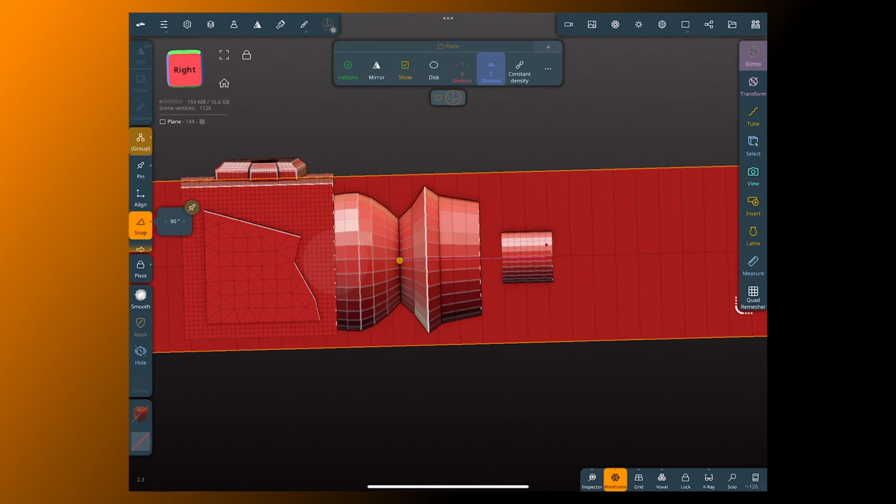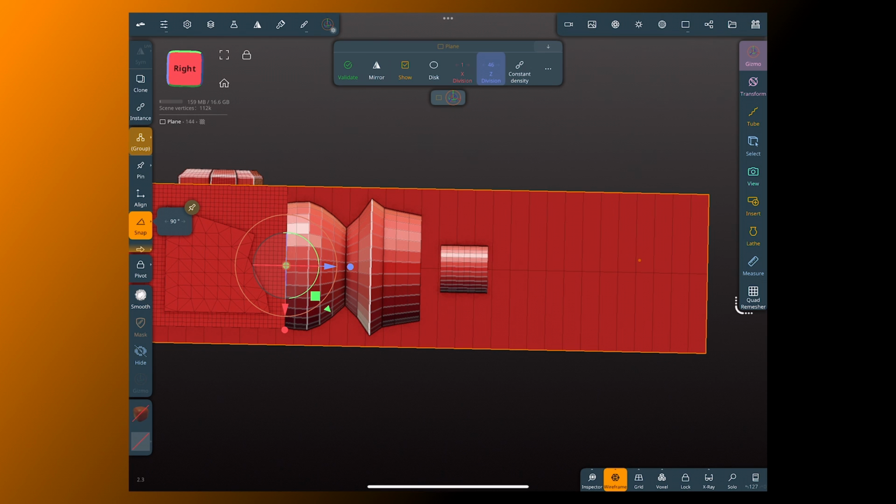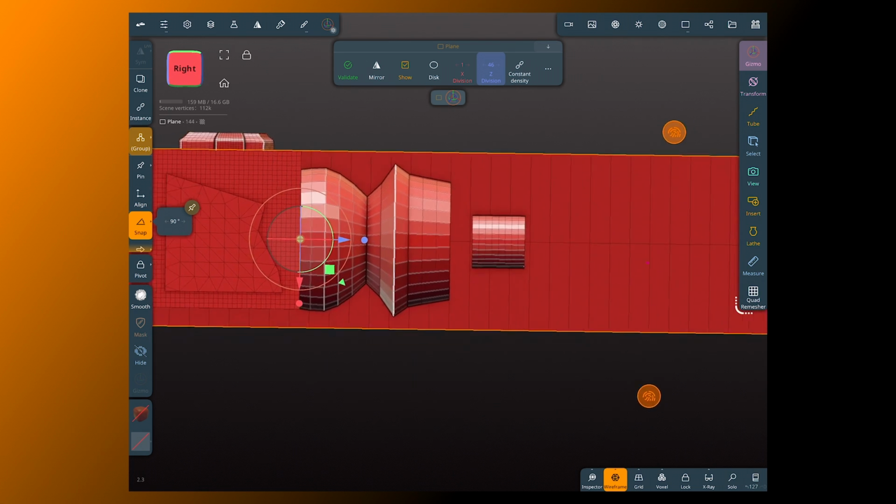Now you'll notice the cool thing, it can be cool or not cool depending on how you want to do this, but you'll notice if you extend this out, your grid is going to go out as well with it. If you need it to stay the same size, you can just click the plane and just duplicate or clone the plane and bring it out and do another one. But you'll notice